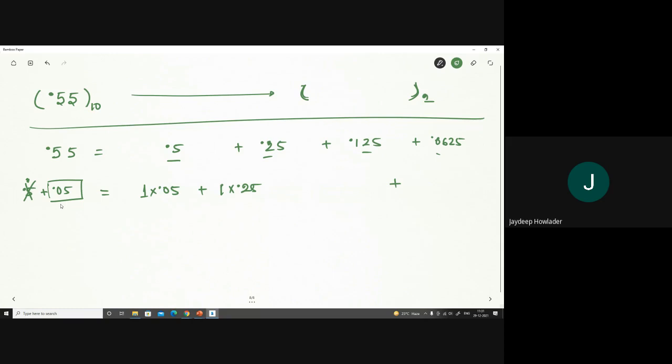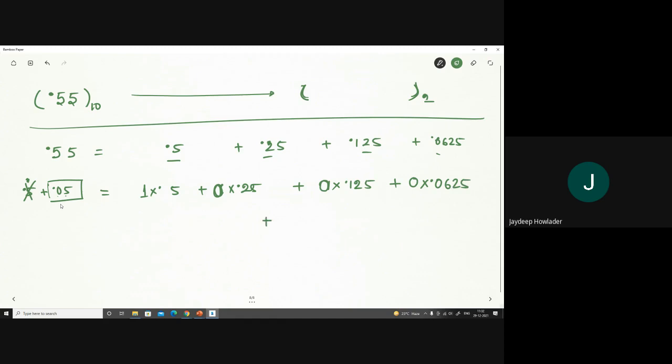Sorry, this one is not 0. This one is 0.5. Okay. So I have to leave this. I have to leave these things with a 0. Okay. Then I move on. So moving on, I find that if I take 1.25 with a multiplication of 1, then again this one is greater than 0.5. So I am again leaving these things. And then I again leave this one. So this will be 0.0625.